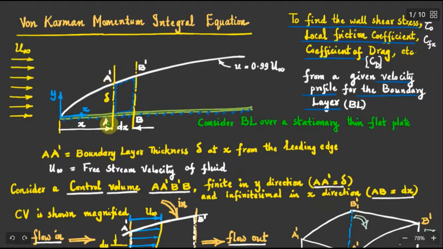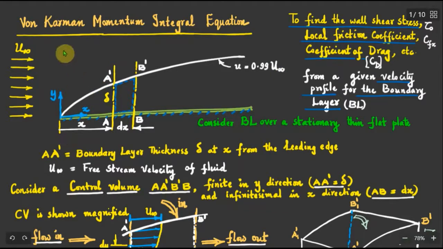Within this boundary layer, the flow velocity is considerably reduced. That is, the flow velocity increases from 0 at the stationary solid surface because of the no slip condition to the free stream velocity just outside the boundary layer. See, this curve is representing the edge of the boundary layer. At the edge of the boundary layer, every point will be having a flow velocity equal to 99% of the free stream velocity because of the asymptotic variation.